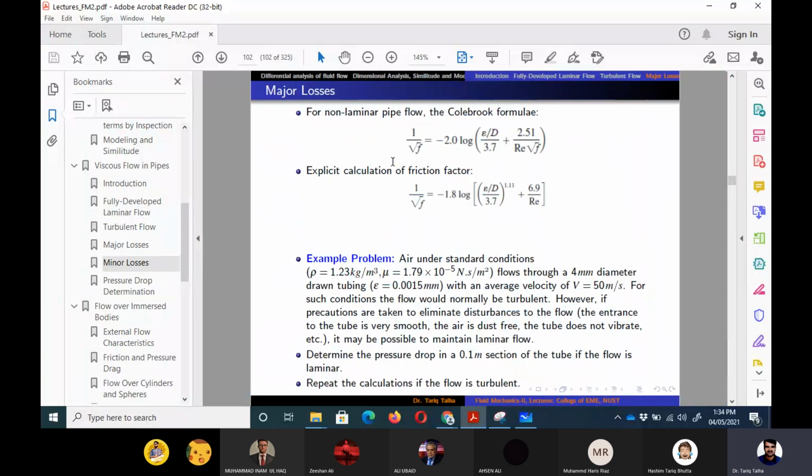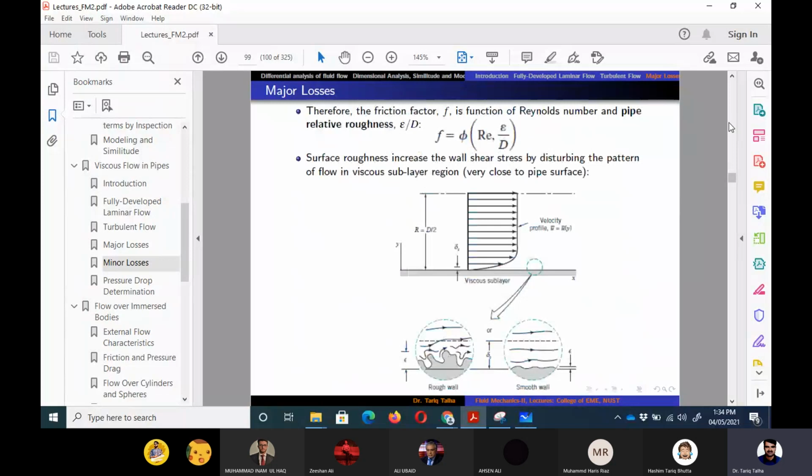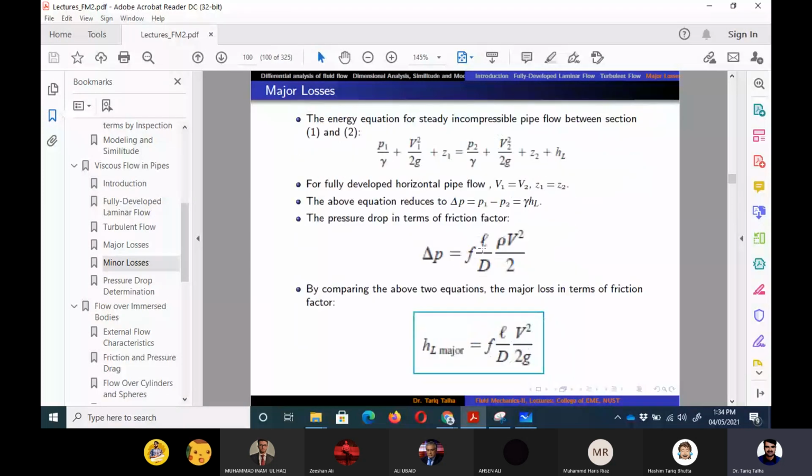One is implicit and the other one is explicit relation to calculate the friction factor. So if we calculate the friction factor, we can calculate this HL value, which is the major loss, head loss due to friction, and then we can put that value in the energy equation to calculate all other